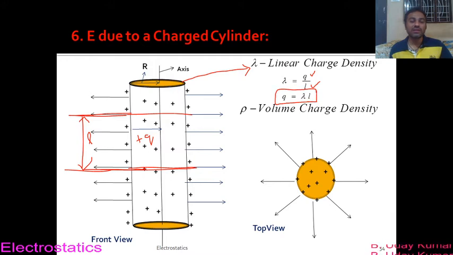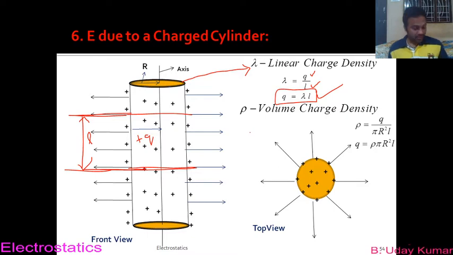So this is the relation between the charge that I am considering in the element within this charged cylinder in terms of lambda. This is the equation which gives the relation between Q and lambda for the element that I am choosing inside this charged cylinder. This is one formula that we are going to use in our derivation part, and another one is rho also. That means in terms of rho, what is the relation between Q and rho, that also we try to find.